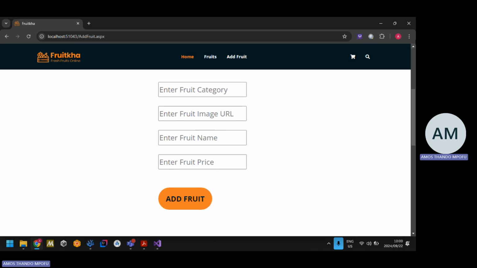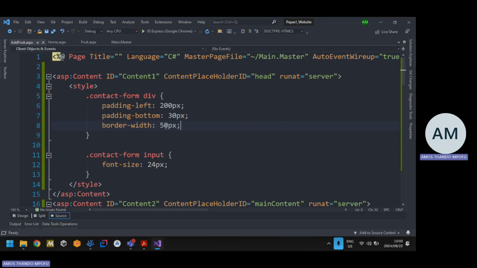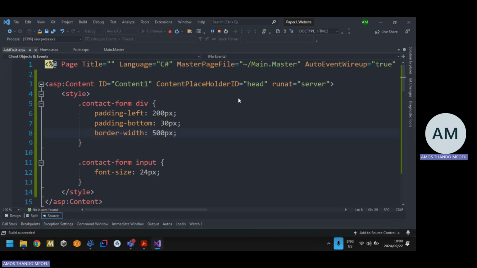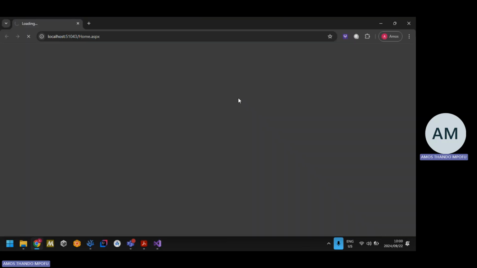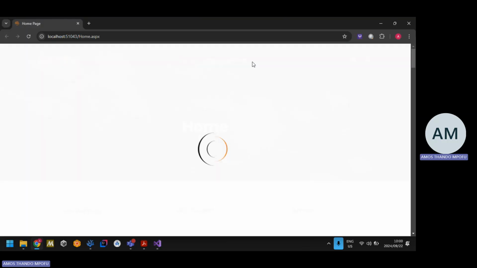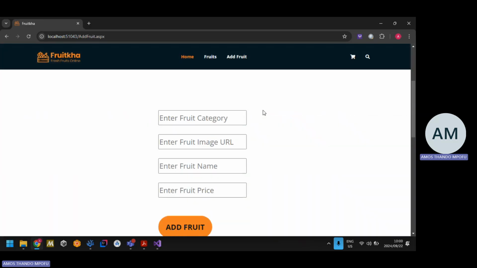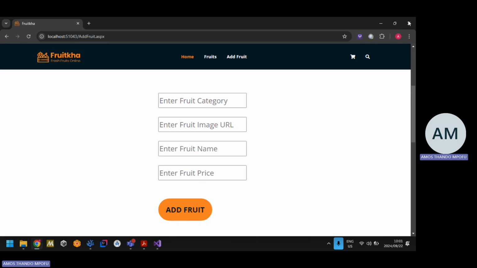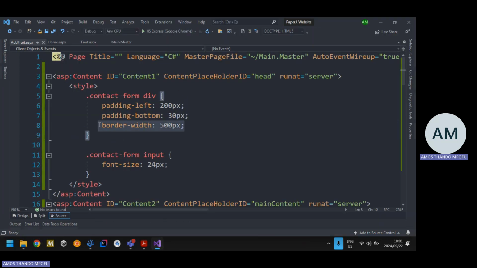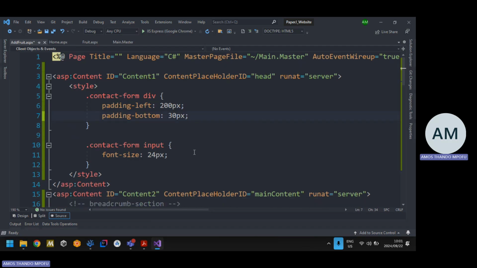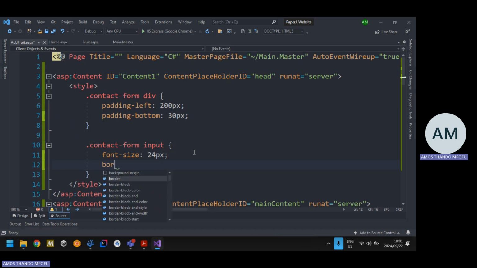I don't know whether it did make any difference. Let's do this. Let's increase it to a very big number. Let's say 500, just to see if it's actually making an impact or making any changes. If it is, that means we are using a very small number. We need to increase the number. Okay, it's not making any difference. I forgot what it's called. So it's not border width. Okay, so the problem, okay, it's not the div. I'm putting it in the wrong place. Remember, the divs just store the input fields. So for my inputs, that's where I need to set the border width,